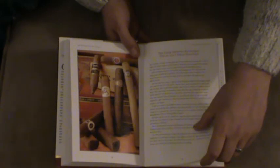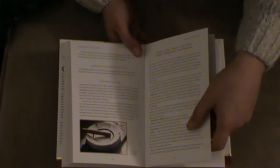A description of the cigar smoking experience, one of life's great pleasures, how to hold the cigar, how to light the cigar, considerations for people that don't smoke, of course, as well. That's quite something for a cigar magazine. It goes on to the shapes and sizes, the different shades of wrappers. It's a really comprehensive guide as to how to go about getting into the cigar world. And if you're an aficionado already, it's just a good read